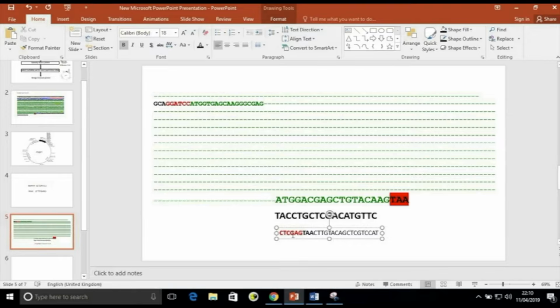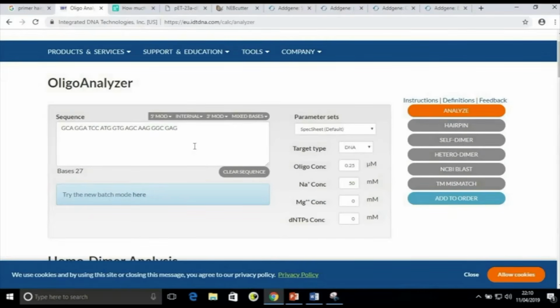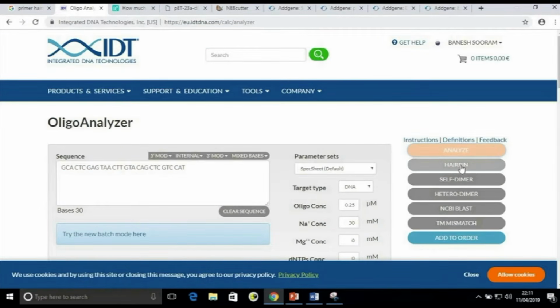We can add flanking regions in between, flanking bases before this restriction site. So now we got our reverse primer. So we have to go through same procedure like what I have shown in case of forward primer. So just I will copy paste here and analyze the reverse primer.